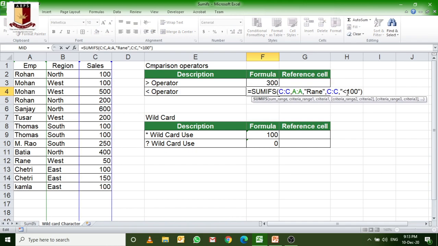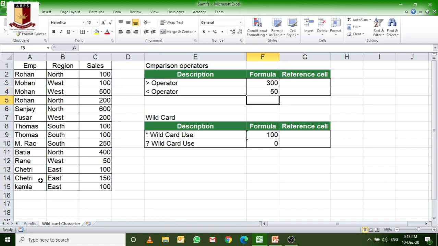Here I am saying: sum range, the cells we have to sum. Then the criteria range, where we are searching in column A, and what we are searching is Rane, and the sum of those cells must be less than 100. Only Rane has less than 100, so that's why this 50 is coming, and we are asking for Rane only. Got it? So this is the comparison operator, and you can use different comparison operators.